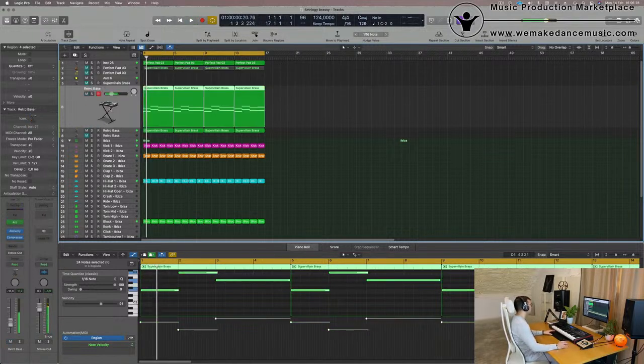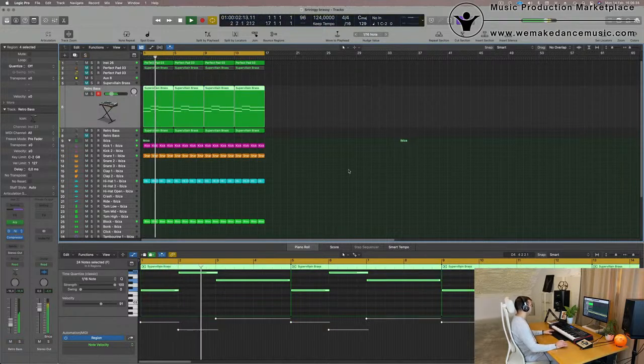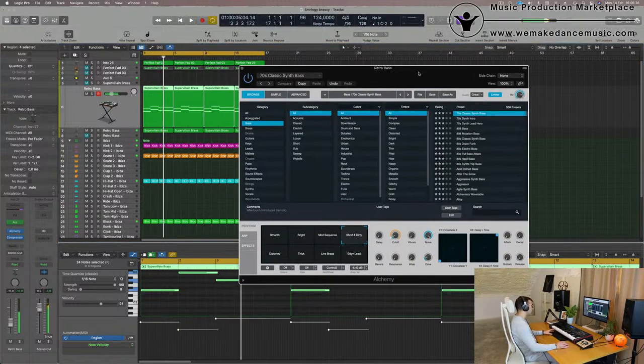So for now, I'm going to check out this little arp here, which is quite bassy. It's nice. I'm going to check if we can make it a little bit better. It's groovy. I mean, there's quite a bit of noise in there. It's interesting. A bit of a delay, I think, would work well. It's not the main element, so